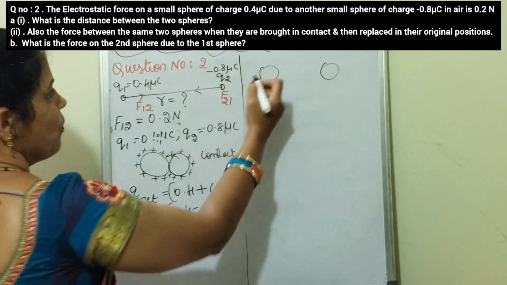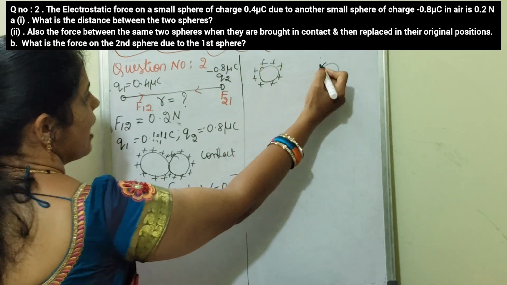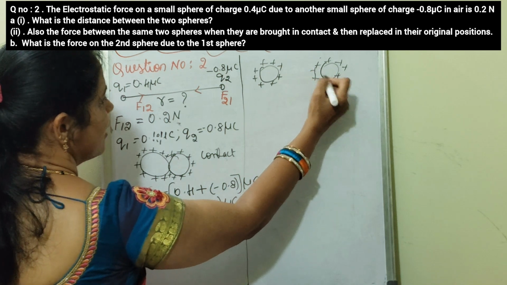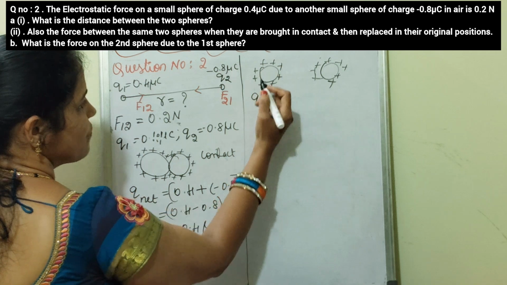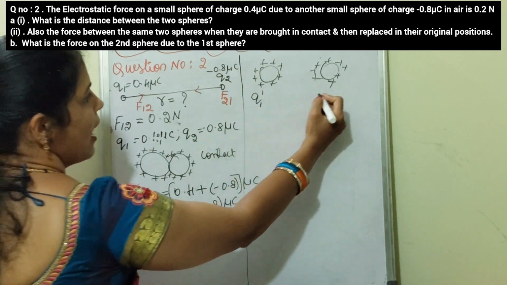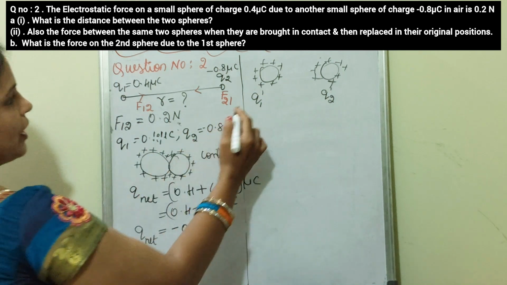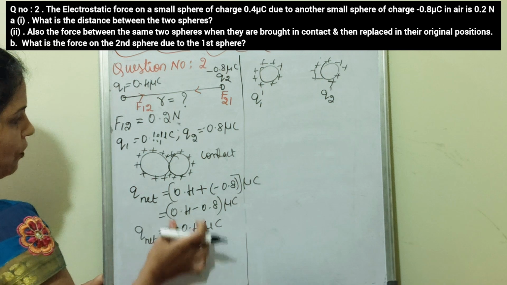Okay, so then once again both the spheres are having charges, right? So both will be having charges. Now once you separate these two, then what is the charge? Let us consider the new charge of this sphere is q1 dash and the new charge of this sphere is q2 dash. So how to calculate q1 dash and q2 dash? New charge can be calculated like this.